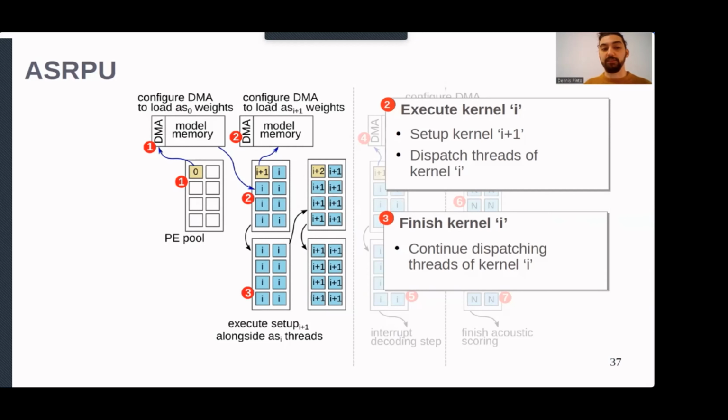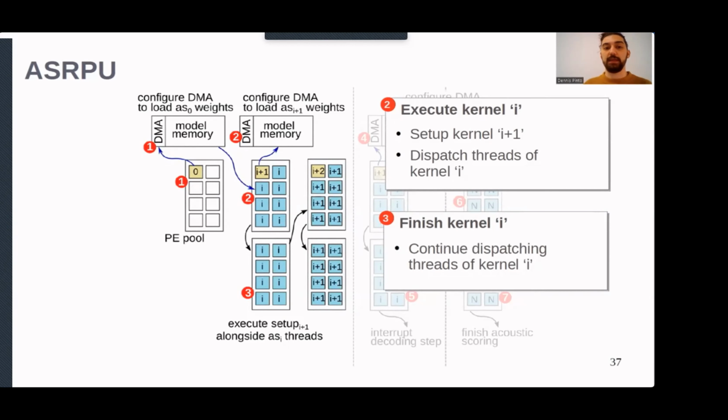At the start of a kernel execution, the controller reserves a core to execute the setup function of the following kernel. Executing the setup function so early is what allows us to effectively prefetch the model data. Of course, when the setup function finishes, a kernel thread gets assigned to it. Also, at this point, the setup function can check how many outputs will be computed by kernel i, the current kernel. With that, it can first determine whether the number of available inputs will be enough or not to execute kernel i plus 1, the next kernel.